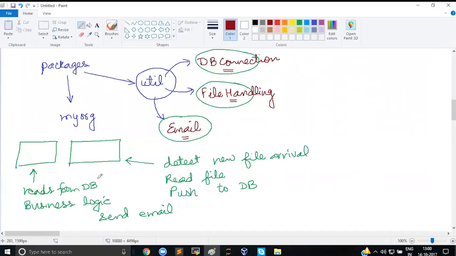Now you can see reading from a database is here also. Communication to the database is here also. Reading from a file is here also. Sending email is here. So there are different actions which should be quite generic because they can be used across different programs. So you create those utility functions